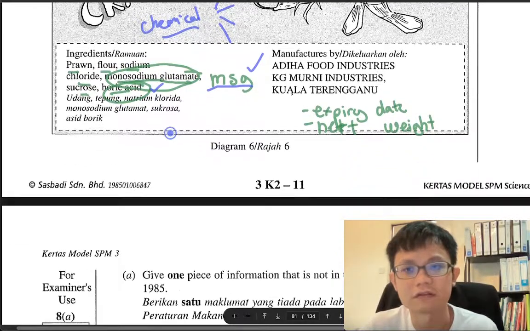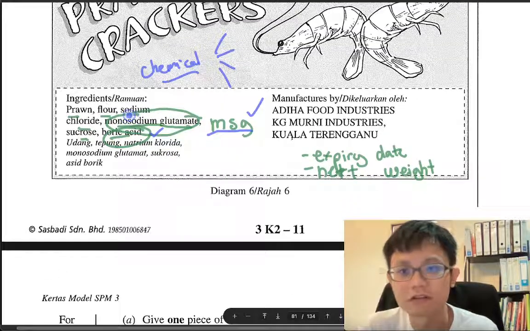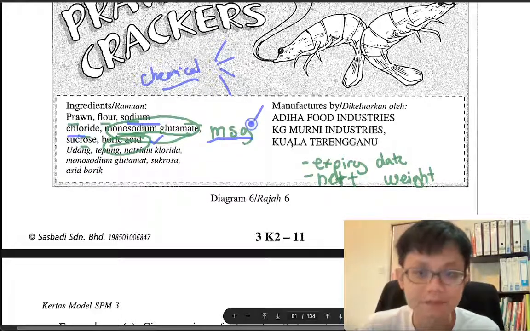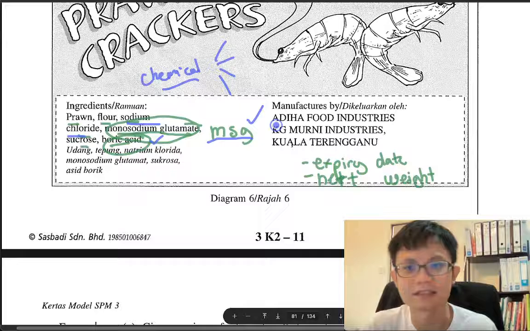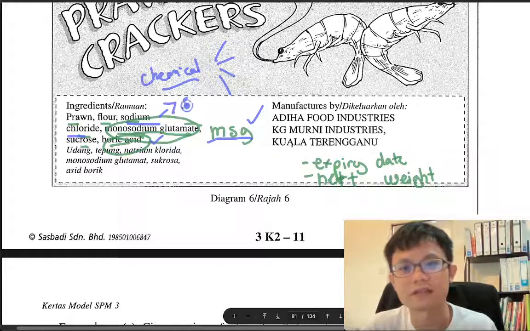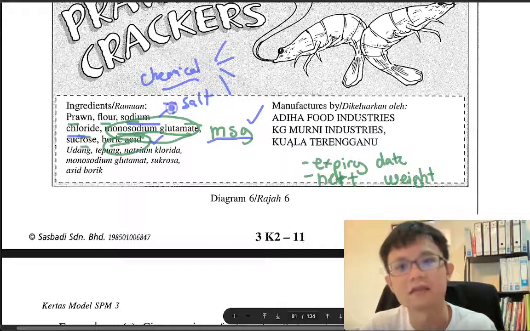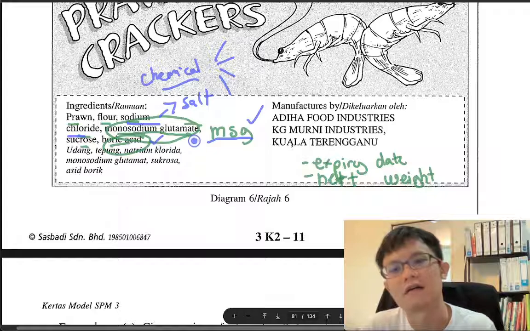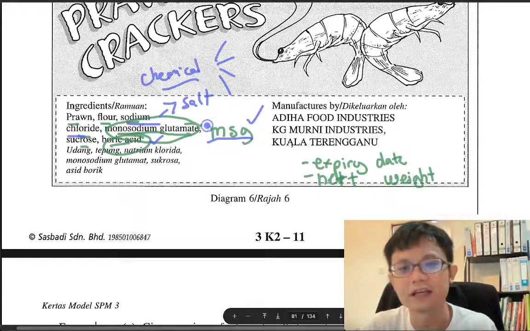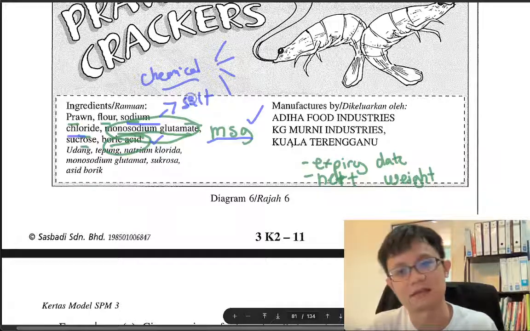So yeah, that one. Sodium chloride, what does it mean? Salt. Yes, it is salt. Salt is permitted by the government. Also can't eat too much, right? Yeah, you cannot eat too much salt, but if you want to compare to MSG and boric acid,